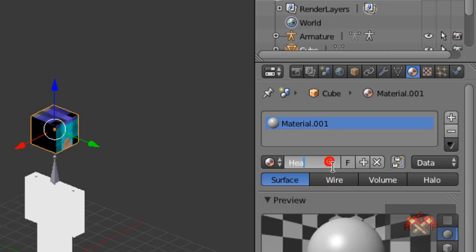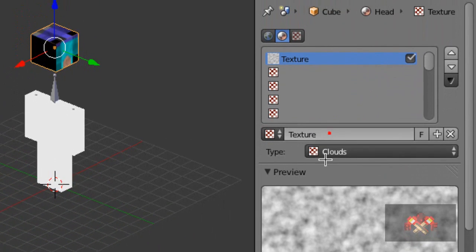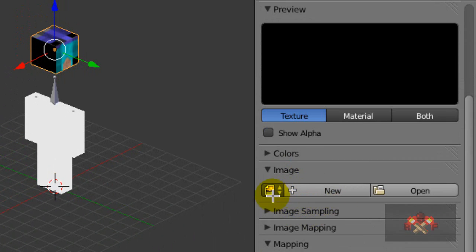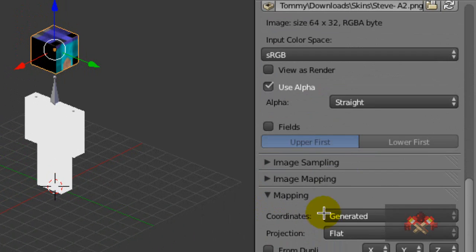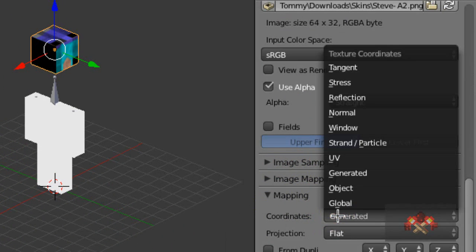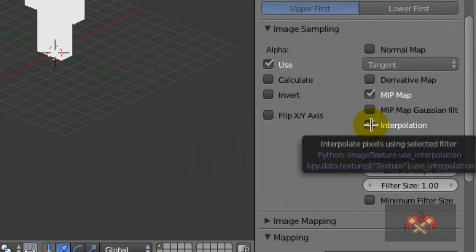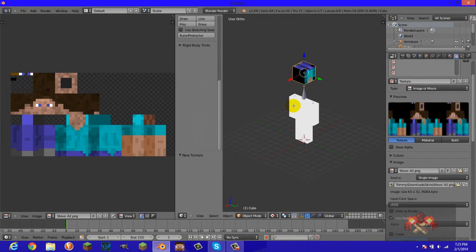call it whatever you want, and then come into the textures tab. It's this little checkerboard looking thing. Click new, change clouds to image or movie. Click here and select your skin, Steve. Then change coordinates to UV. In image sampling, uncheck interpolation. Now I'll go over that later. But anyway,